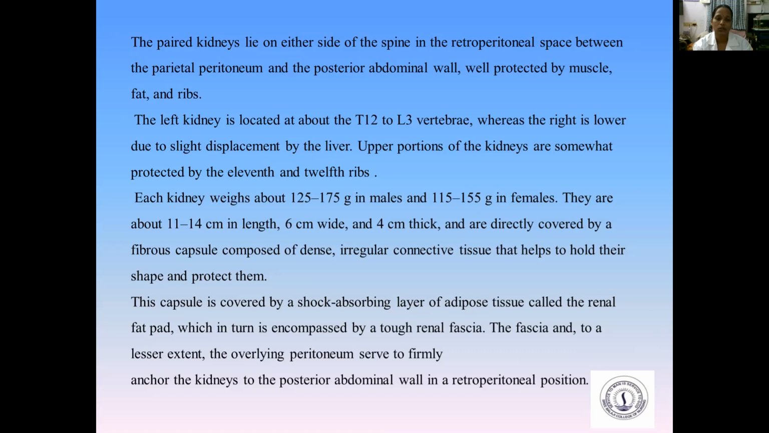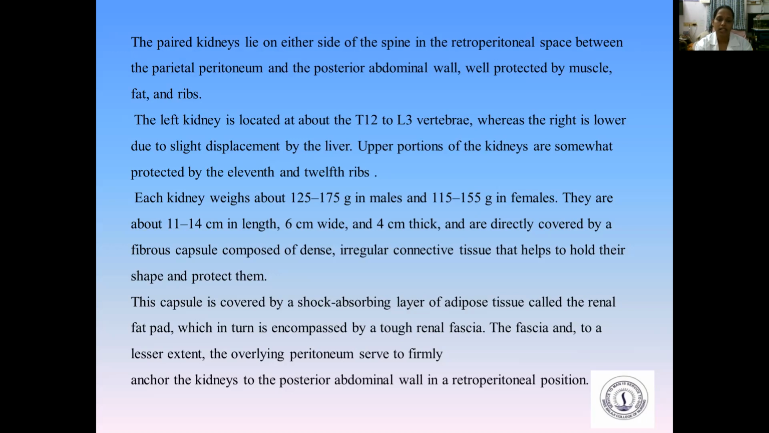The left kidney is located at about the T12 to L3 vertebra, whereas the right is lower due to the slight displacement by the liver. So upper portions of the kidneys are somewhat protected by the 11th and 12th rib. Each kidney weighs about 125 to 175 grams in males and 115 to 155 grams in females. They are about 11 to 14 centimeter in length, 6 centimeter wide, and 4 centimeter thick,